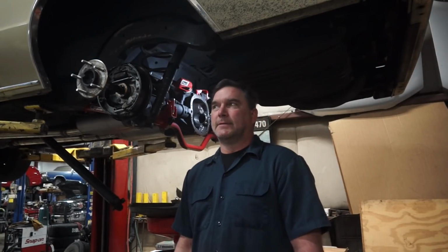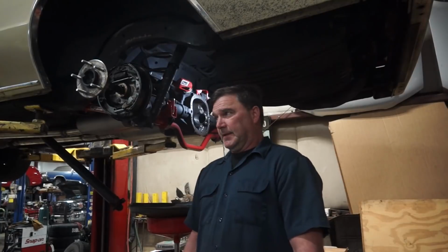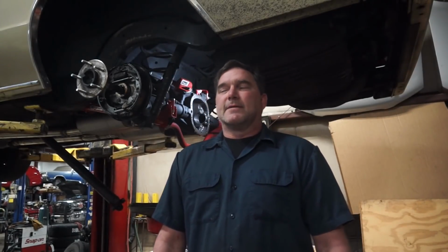I'm like, oh, okay. Well, if all they did was pull the axles out, they didn't change anything in the rear end. I'm like, what did the fluid look like? Because I would have liked to see the fluid come out of it, because when it came here, it had fresh new fluid in it. They had it all apart and put it back together. He's like, well, it didn't look bad. I'm like, all right. Well, bring it over so I can take a look at it and we'll figure it out. So, hence the car is on my rack with the rear end tore out of it